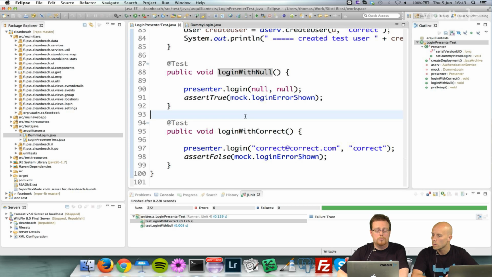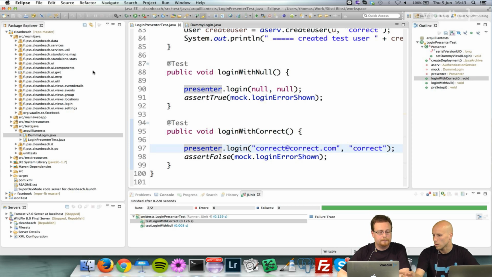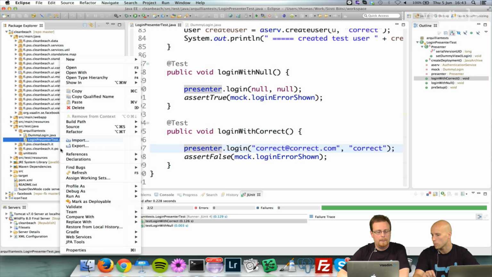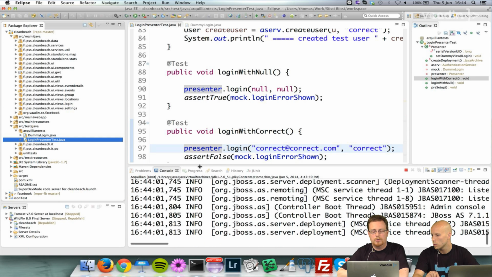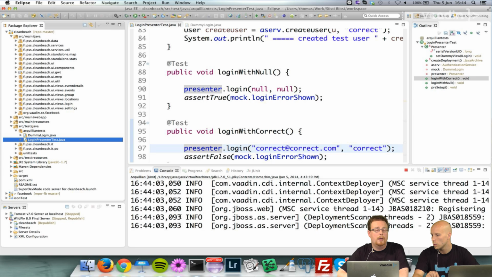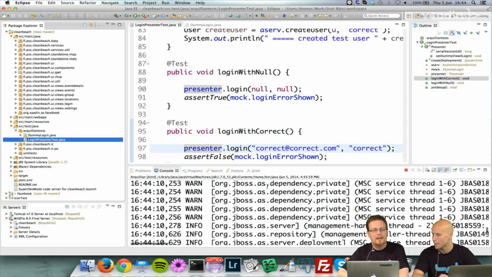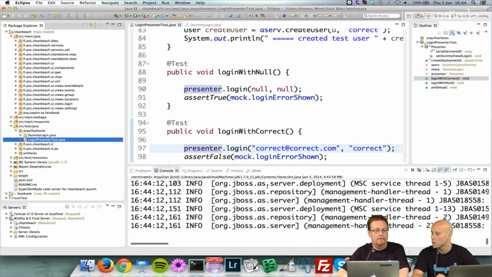And this now uses basically the same code that we call from the view. So it uses the complete backend all the way down to a database. So now executing this will take a bit more time. We can run this as a normal unit test again, but it will take a little bit more time. Maybe you'll see here that JBoss is actually running in the background. So Arquillian starts a JBoss instance by itself. Not really the web server, but the services. Yeah, everything that's in there.